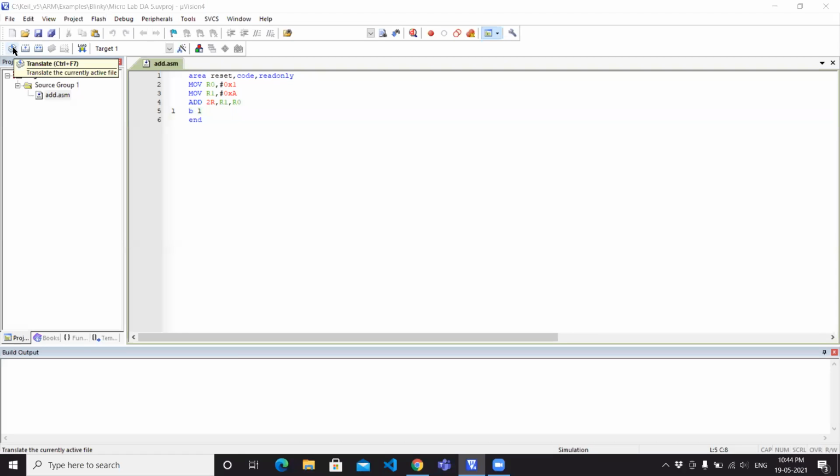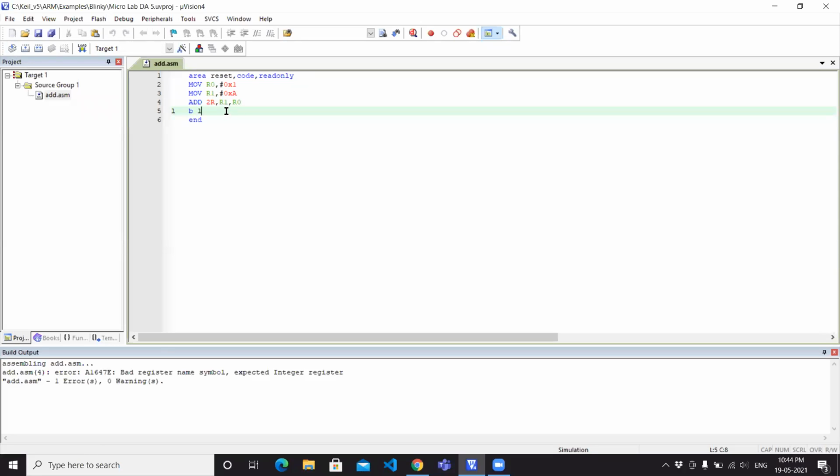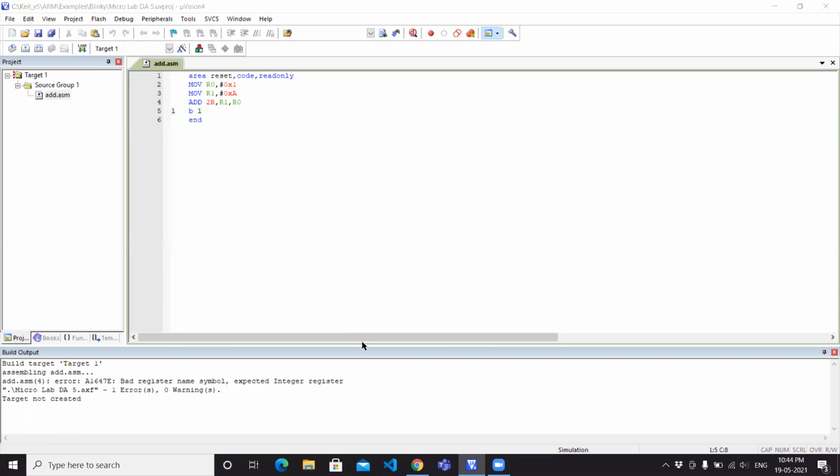For executing, we can translate the code, and we are getting zero warnings, and we can build the target. Yeah, so here there are some mistakes.